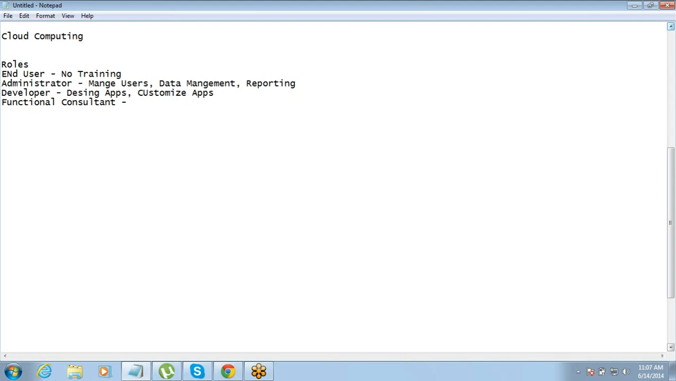Then comes a functional consultant. A functional consultant is basically more of a business analyst kind of role, where this person talks to the client, understands their requirement, and transfers all this information to the